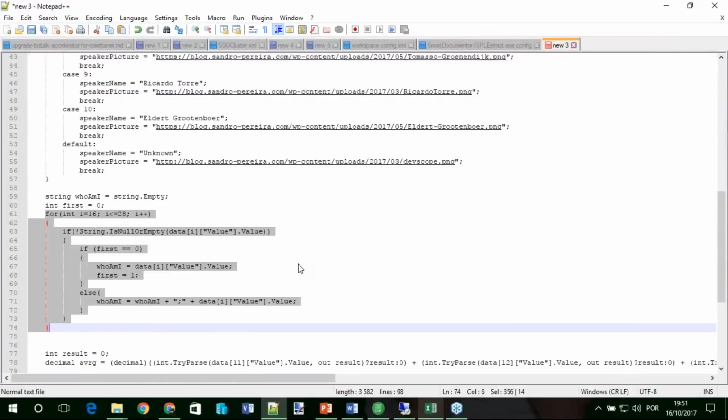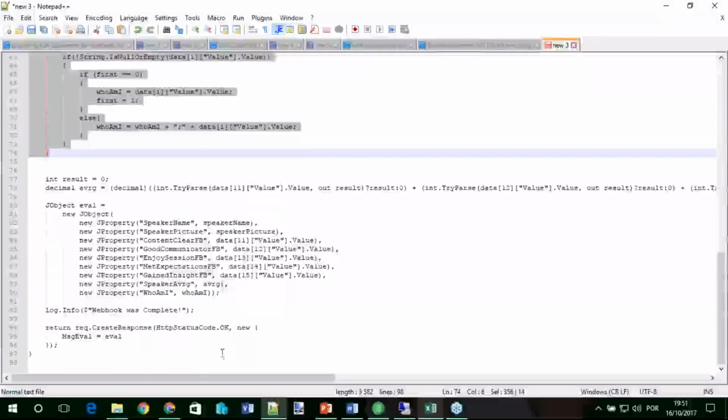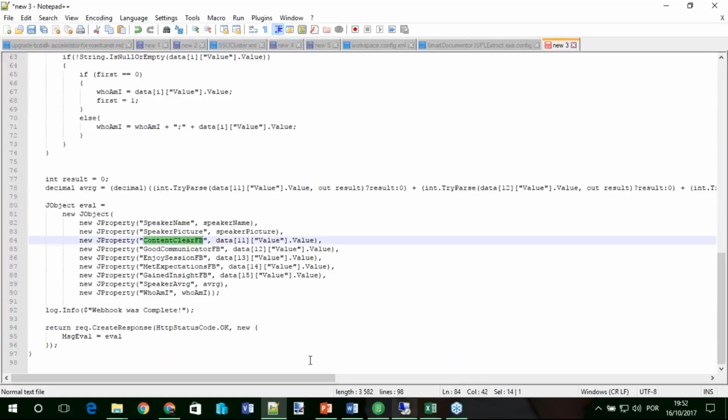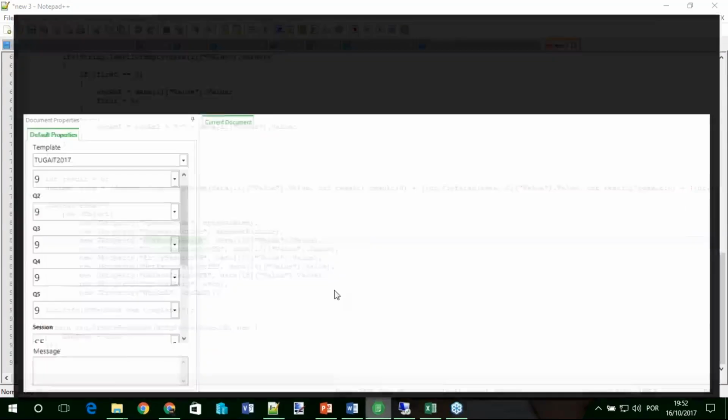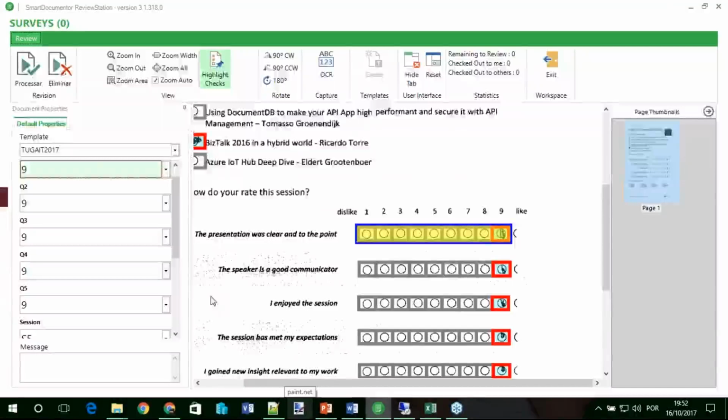And the rest, again, this is Power BI Live. I need to provide all the data. So I'm passing all of the evaluations. That is, the presenter was clear and to the point.